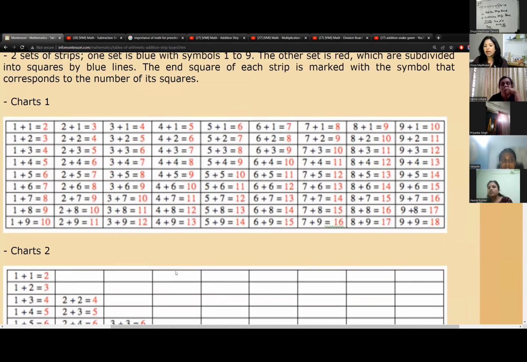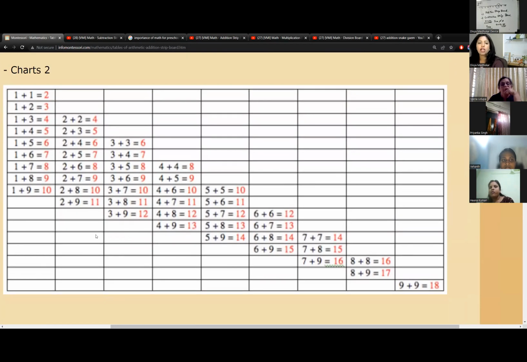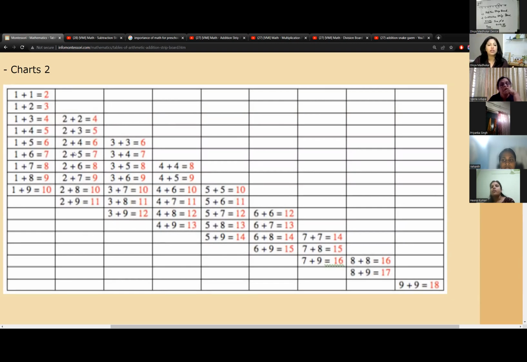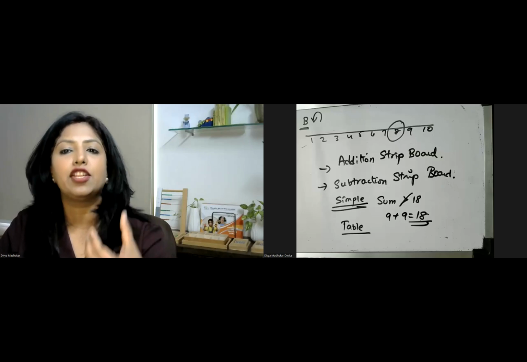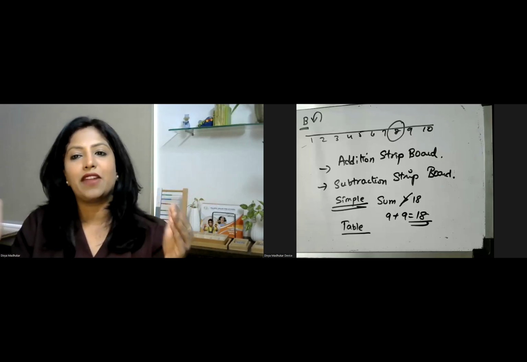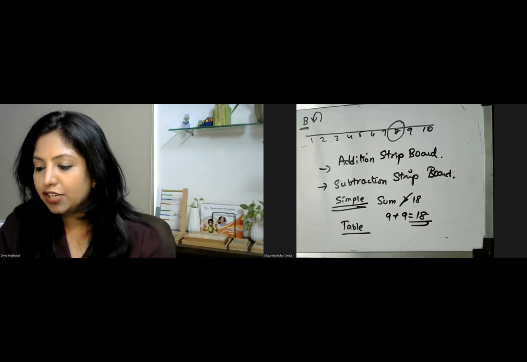So you can also have chart number 2. So this is how your chart number 2 would look like. So your chart number 2, how would you again work over here? It will not have 2 plus 1. It will start with whatever is your double digits, like say 2 plus 2. Then the next table starts from 3 plus 3. Then the next table starts from 4 plus 4. You will skip the previous ones over here. So these are the two important charts that you're going to be using as reference because you want to perform an addition. That's the reason you need to keep some reference chart. Keeping the reference chart now is what you're going to perform your addition exercise.